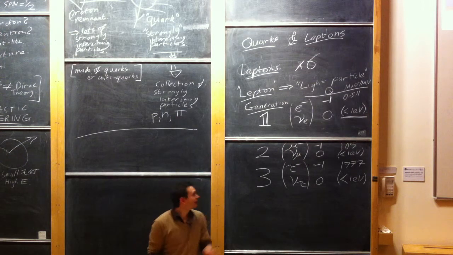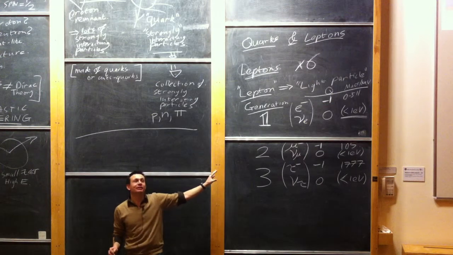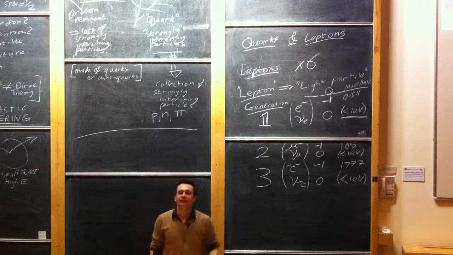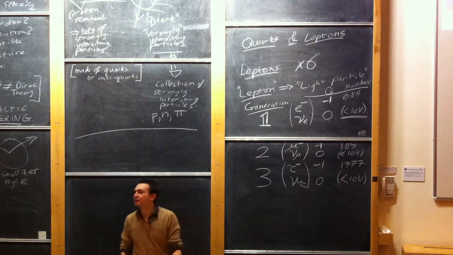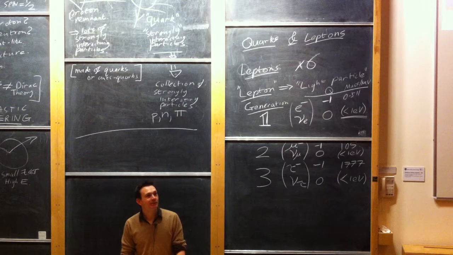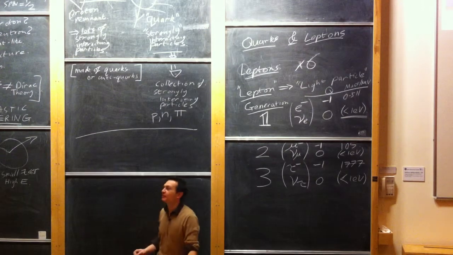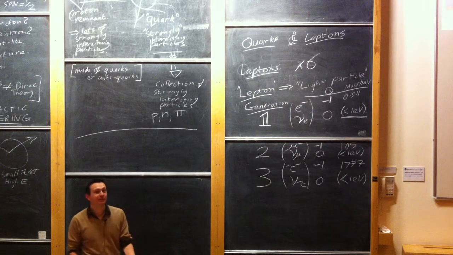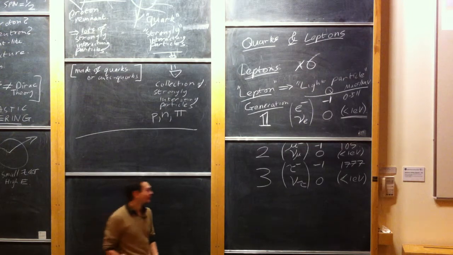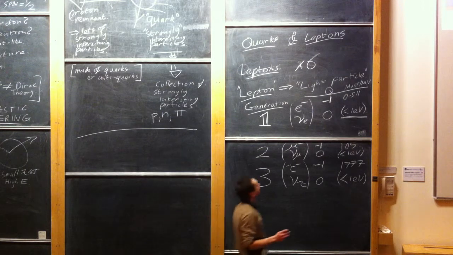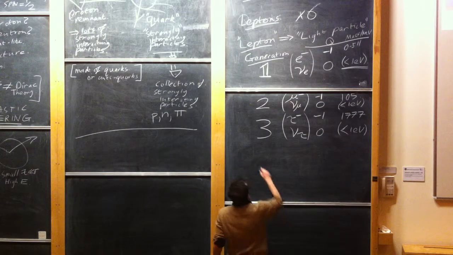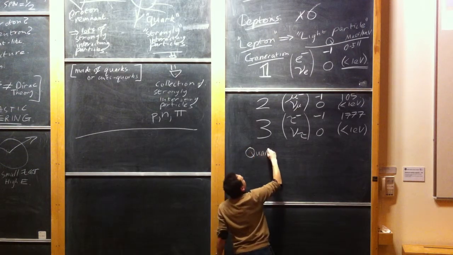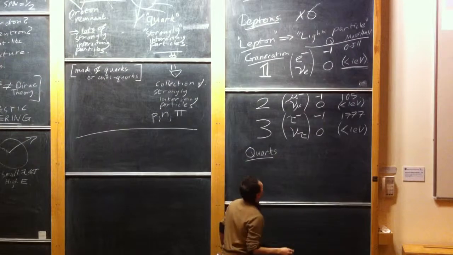Now, it may be that this pattern of repetition that we see here is an indication of some substructure, of some underlying theory, of some underlying principle, which is responsible for it. But no one has yet been able to put together that theory, and no one has yet been able to come up with a very convincing argument as to why there should be 3 of these generations. That's where we stand. Okay, so these are the leptons. The quarks, and the quarks are